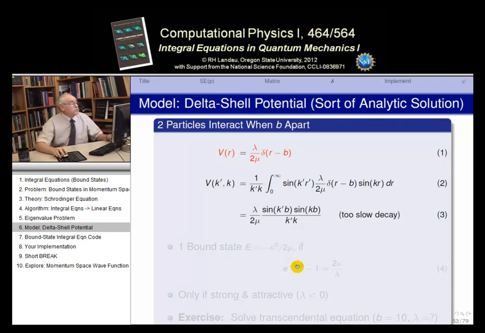So if I try to draw this here, imagine the origin being inside the sphere, then it interacts only in this shell of radius b